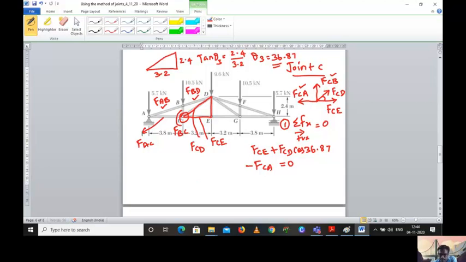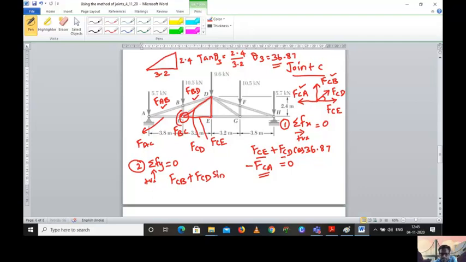And if you are substituting the value FCA, then you will get a relation with respect to FCE and FCD. So we have another condition, the equilibrium condition, that is summation of Fy equal to 0. We are assuming upward as positive. If you take that condition, FCB is acting upward, so it is positive, and plus FCD